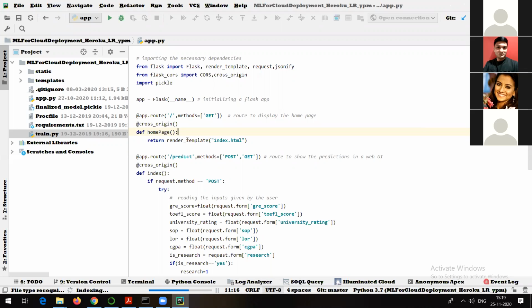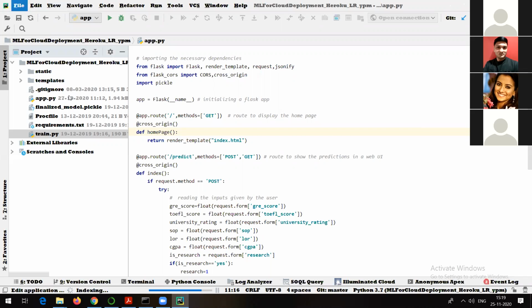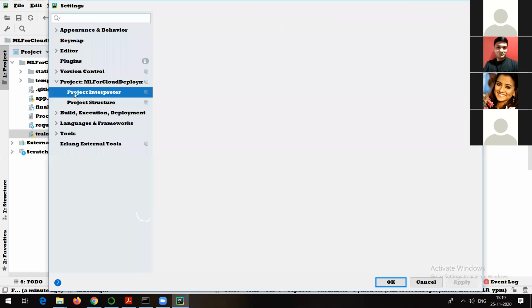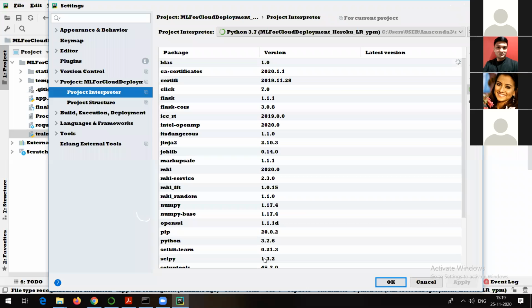You just need to go to the File menu, go inside File, go to Settings, and in Settings you will see something called Project Interpreter, this one, right? Once you click on the Project Interpreter, you will see this gear option here, this one. Click on that option and click on Add.